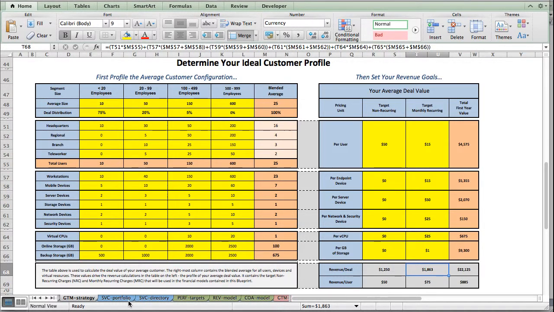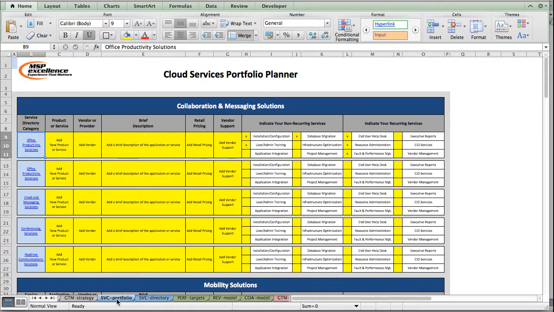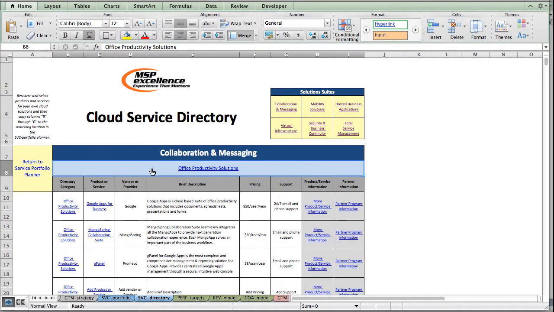the blueprint. But first, we're going to populate our service portfolio, and so we've created a template we call the Cloud Services Portfolio Planner, and this planner lets you add individual cloud applications and services, what non-recurring services and recurring services you expect to wrap around them, and we make it easy for you to go shopping with a directory that serves as a portal into the Google Marketplace so you can look for complementary products and services to add